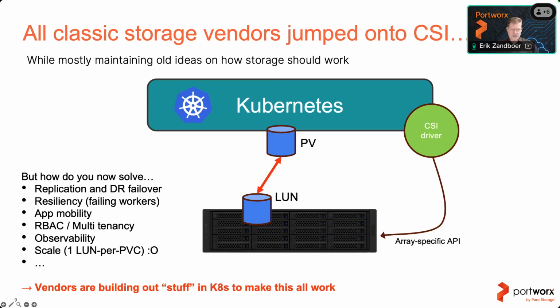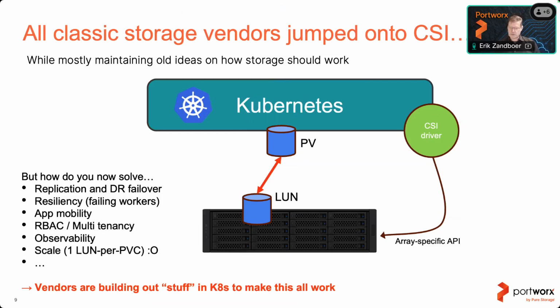Another thing is resiliency. If a worker fails that has this storage connected, chances are, even if Kubernetes decides to start it elsewhere, that the storage array won't be able to connect that LUN into the new worker node because it's still connected to the old and half failing one. So resiliency can also be an issue. Then next you get things like app mobility. How do I move workloads? It's really easy in Kubernetes until you have persistent storage attached, because now you need to move the storage as well. And many other things, role-based access, multi-tenancy. Lots of arrays were never meant to be multi-tenant. So how do you add that to this world?